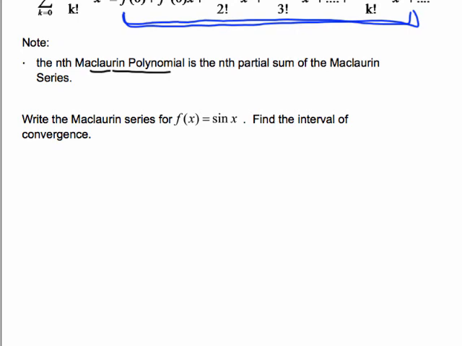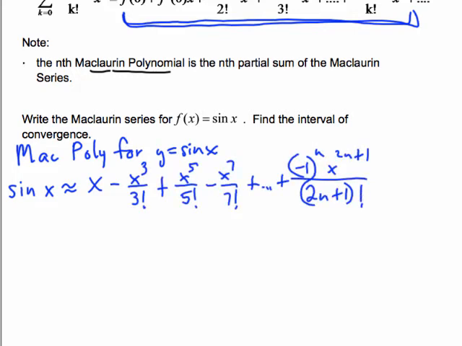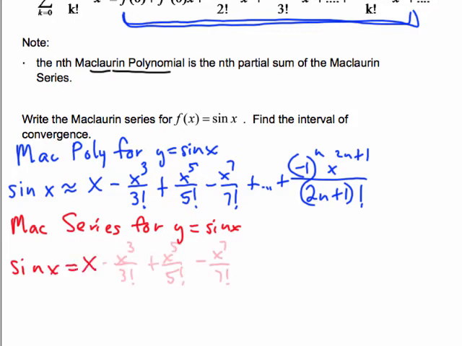So let's make this a little clearer in terms of a specific example. We've already shown that our Maclaurin polynomial for sine x around x equals 0 is, in other words, sine x is approximately this polynomial. Remember, we're starting with n equals 0. Our Maclaurin series, therefore, for sine x would be this polynomial taken to infinity,